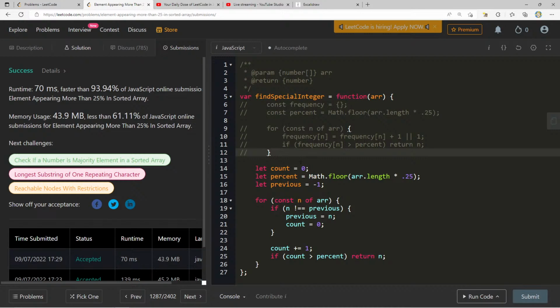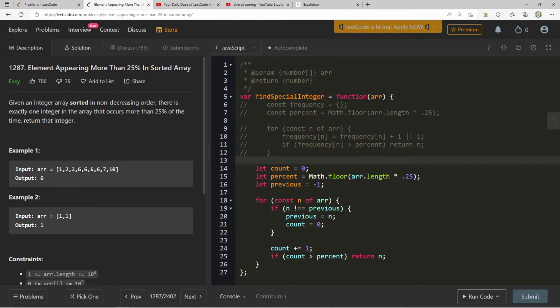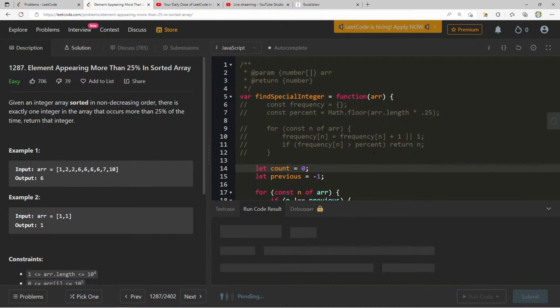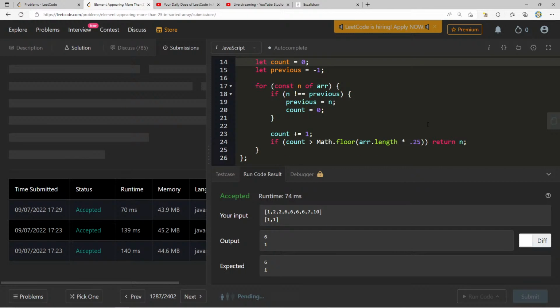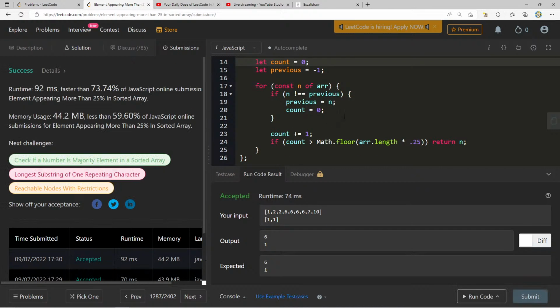But then I thought, well, I don't really need to keep track of those pointers. I can just keep track of a single count. Since this is sorted, same numbers will always appear next to each other. I already have my percentage. I can even maybe get away by just doing this. And this is probably a constant time operation. It's nothing that takes too long to do. So probably even just inlining it like this is fine. We still get a nice number here. So yeah, pretty happy about that. Count equals 0, else count plus or equals 1.